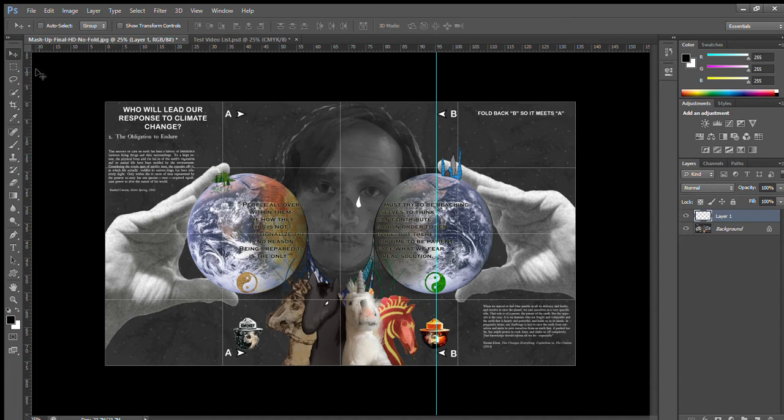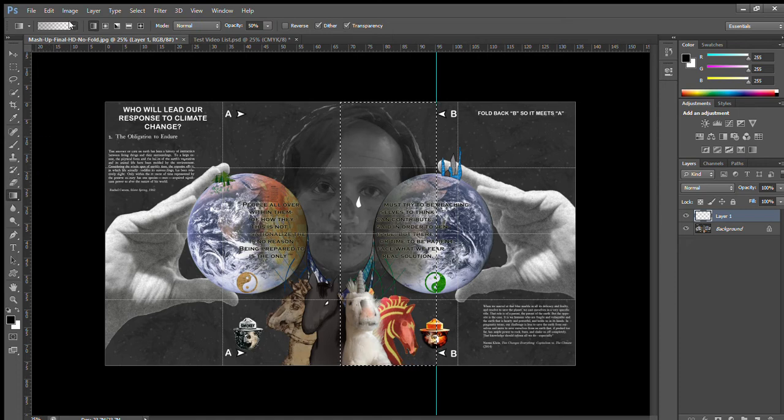To create the fold effect, the first step is to select the rectangular marquee tool, and we'll select the very first section that we're going to work with here. And we'll know we've got it aligned when that guideline changes color because we're right on top. And I've got it just there. From here we select the